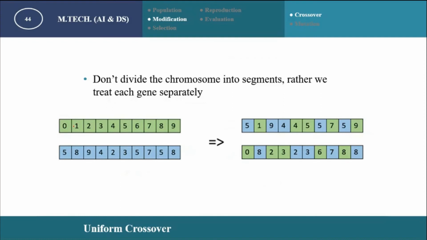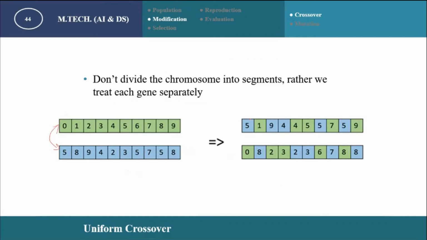So for the first position, or the first gene in the offspring, we select one of these 2. Here there are 2 genes, 0 and 5. Out of these 2, we select only one for the first offspring, and obviously the remaining one will be inserted into the second